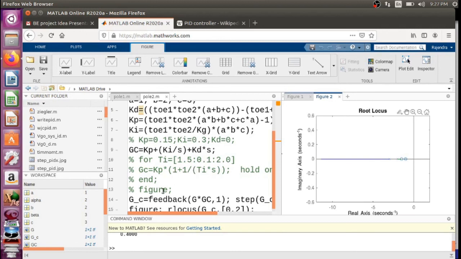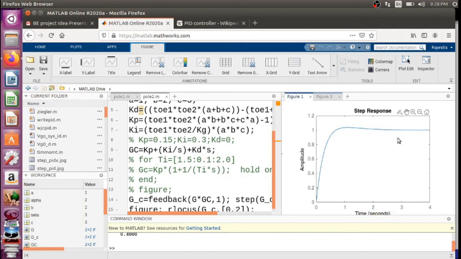One can find out the PID coefficients, and we also verified that we got the desired response. This is the step response of the closed loop transfer function.